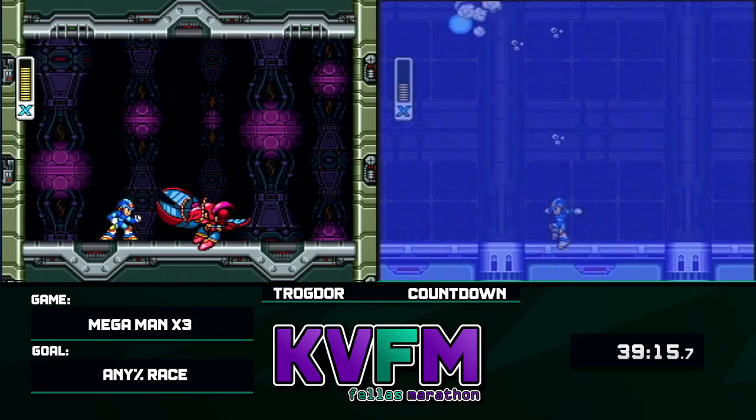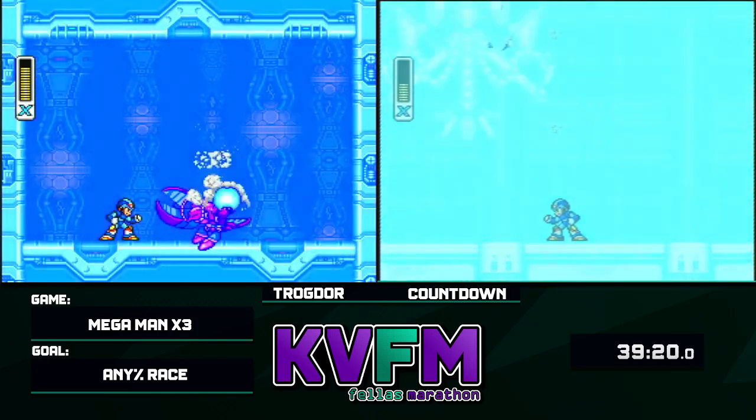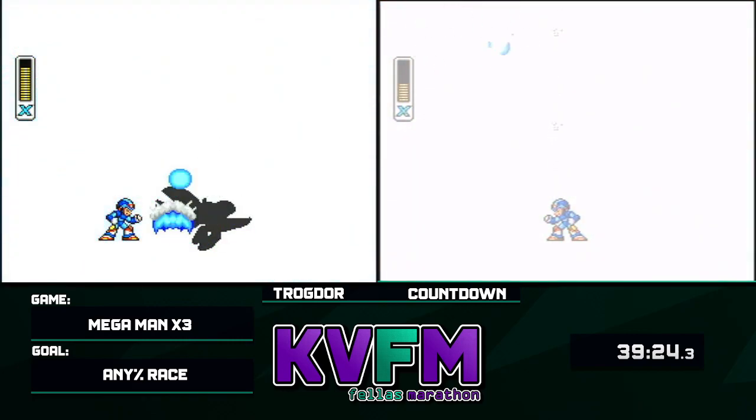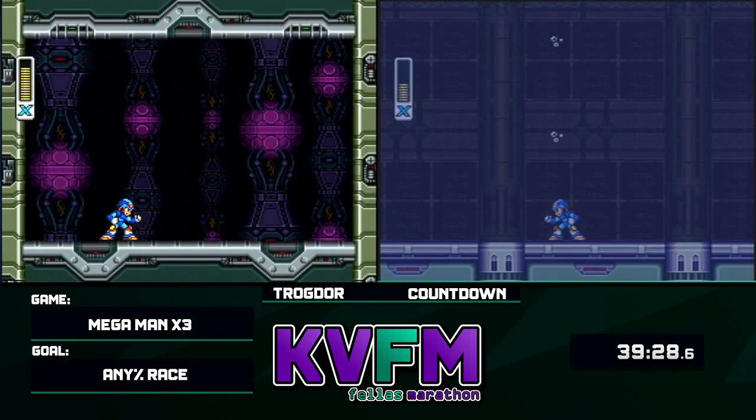Then Kurgal is Volt Kuragile. Lamest boss. One of the lamest bosses in the entire series. Looks even lamer when he dies like that. Doesn't even look like he hit him. It's so funny too because